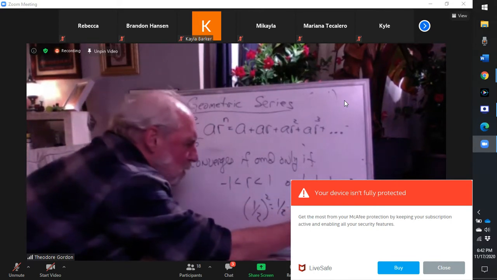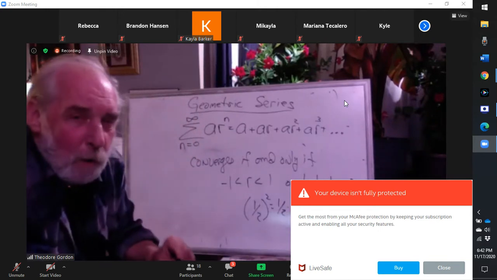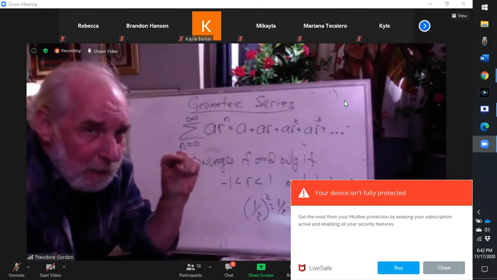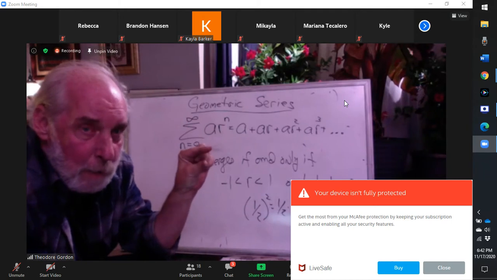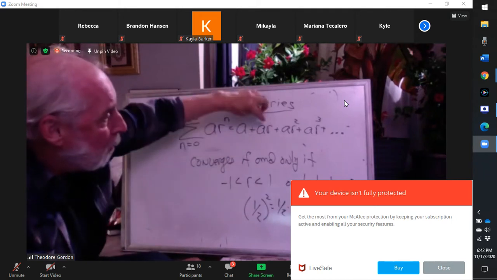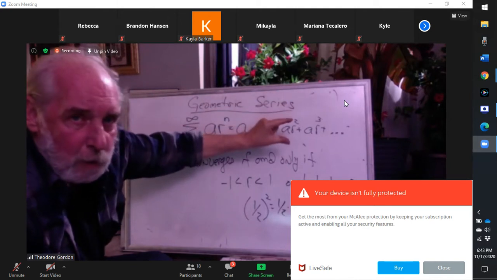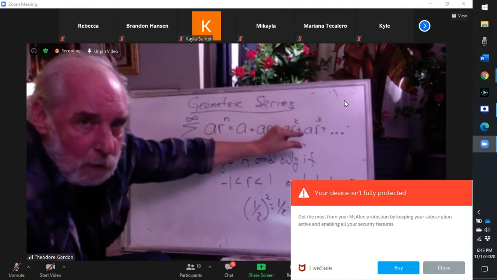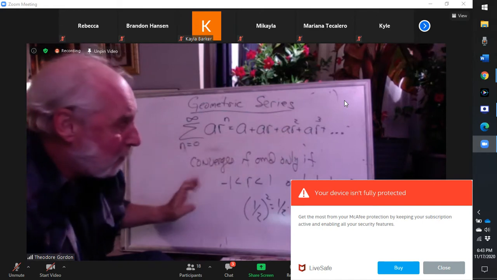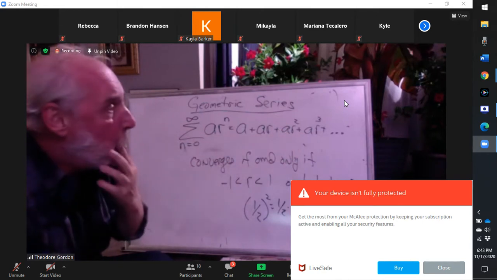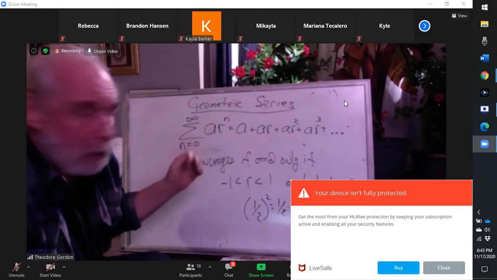That number just got smaller. So when you square a number smaller than 1, the numbers get smaller. Every time we raise the exponent by 1, that number gets smaller and smaller, and eventually they go to 0. And that's why this can add up, but only if